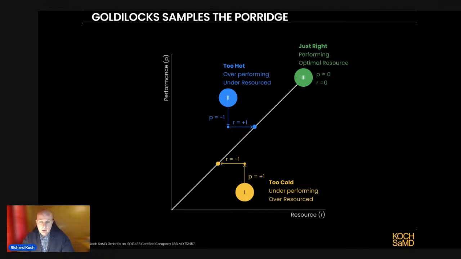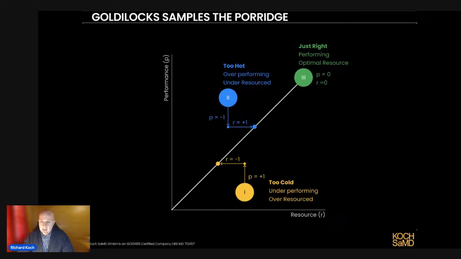Then we can plot a chart like this, where we're plotting where our organizations are, which is the big circles, versus where they should be, which are the small circles. So if we take the class 1 team, they're underperforming. So they should be at this level. If we draw a line from the yellow dot to the left towards the performance axis, this is where their performance should be. And where they are, if we draw a line from the center of the dot to the performance axis, they're down here. So they have to move up. So I've got that vector there, P equals +1. So we have to increase performance by 1 unit.